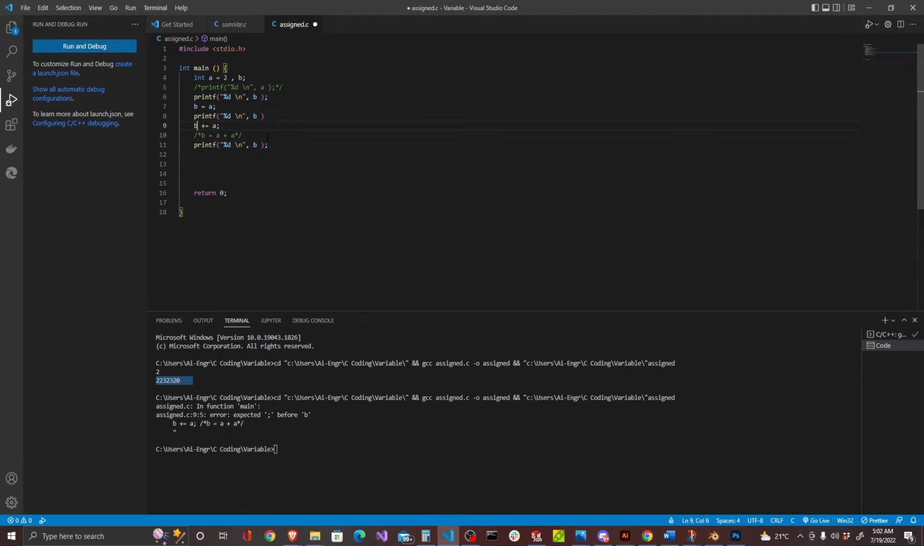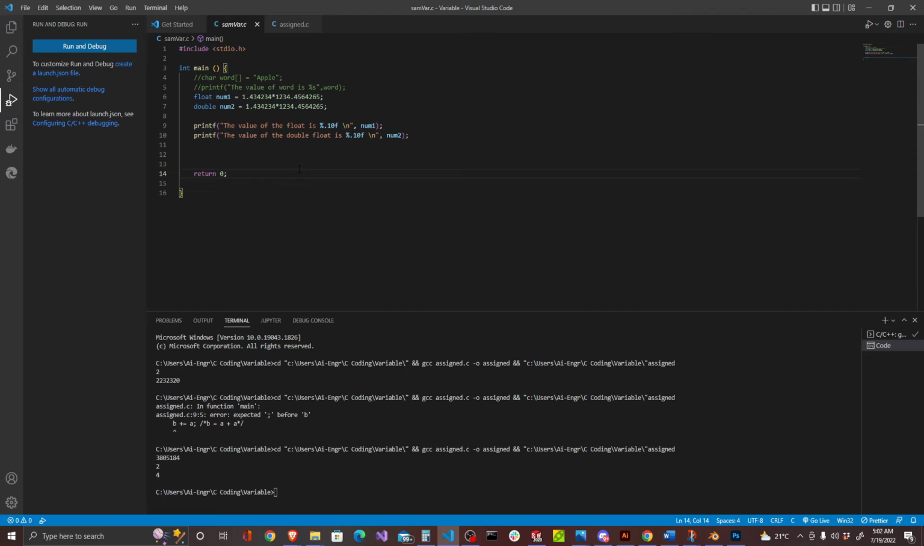It says here B. Oh, sorry guys, I haven't put a semicolon there. Okay, and as you can see in here, the B was this one at first, the original value, and then we have used the assignment operator, which is we created that B equals A, and then we printed it, and